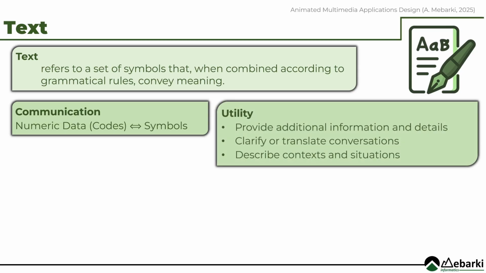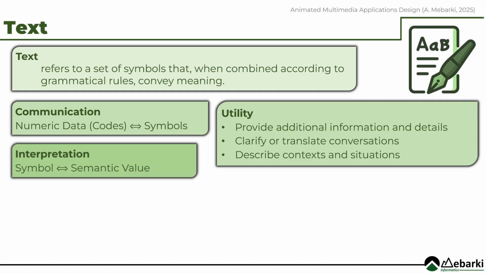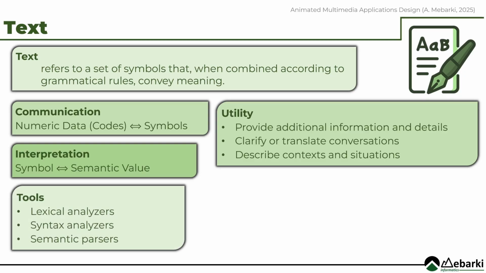Utility of text: it provides additional information and details, clarifies or translates communication, and describes contexts and situations. Interpretation of text: each symbol corresponds to a semantic value, enabling the construction of meaning. Key tools for handling text include lexical analyzers, syntax analyzers, and semantic parsers, each contributing to the processing and interpretation